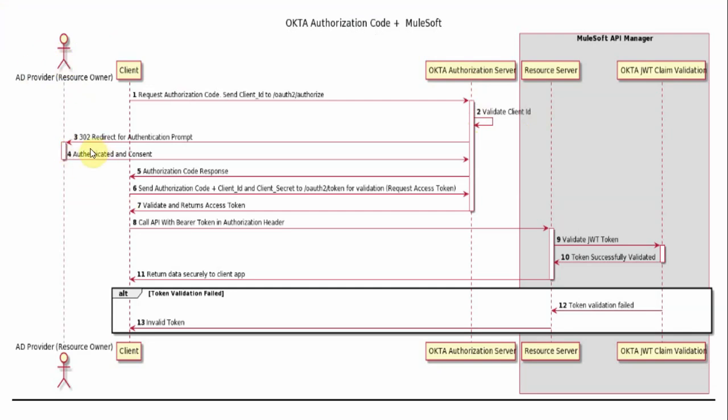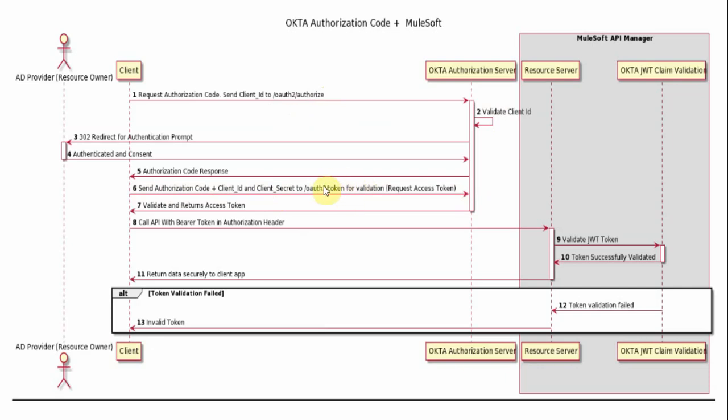Once you get authenticated, it will send 200 to the authorization server, and the authorization server will send an authorization code on the callback URL. I will show you what that callback URL is. Once the client receives the authorization code, it needs to generate a token, which is the JWT token, and we can also call it a bearer token. The client sends the authorization code plus client ID, client secret, scope, and redirect URL to the authorization server. The difference is that the first request went to the authorize URL, and now it will send the request to the token URL.